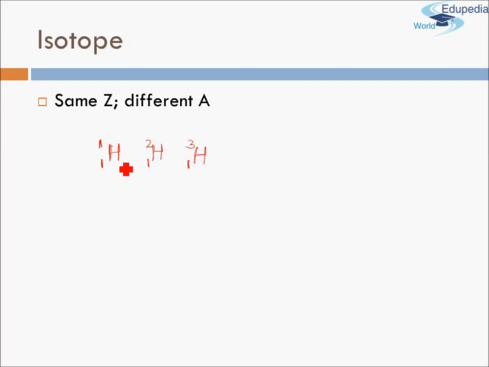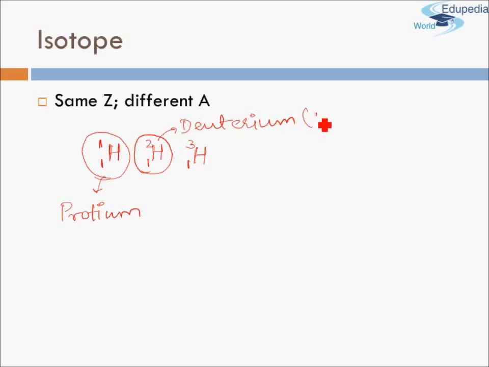The water that we drink, H2O, is usually what we refer to with this hydrogen atom. This hydrogen atom is also called protium. Whereas there is another hydrogen atom in this form. This is called deuterium, and it is often represented by the capital letter D instead of H. Even this can form water, D2O. Just like H2O, it can form D2O, which is called heavy water, and it is often used as a coolant in